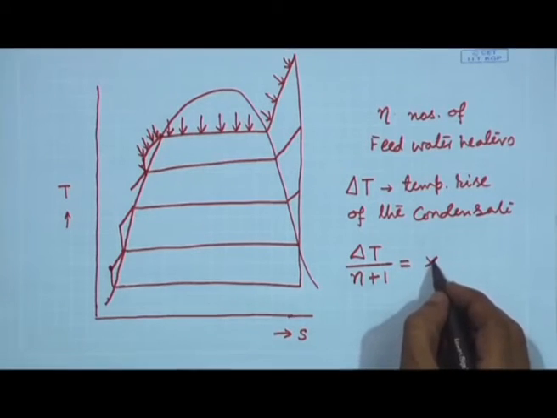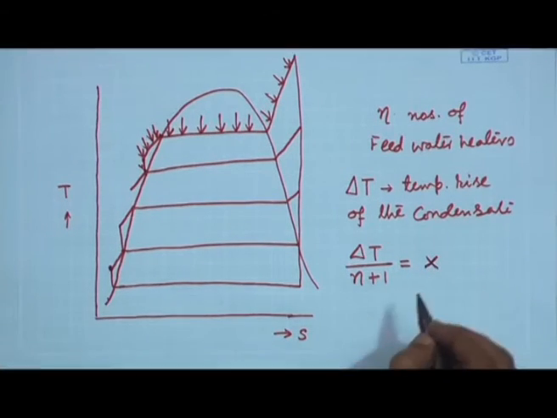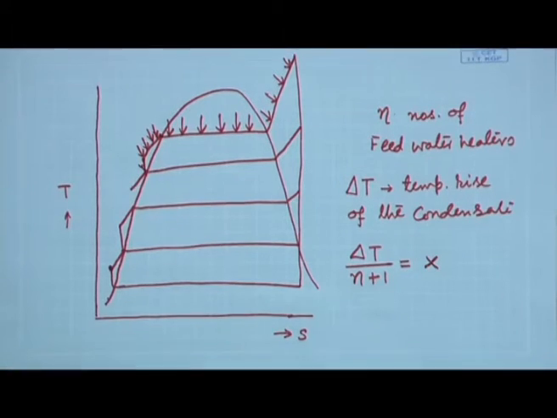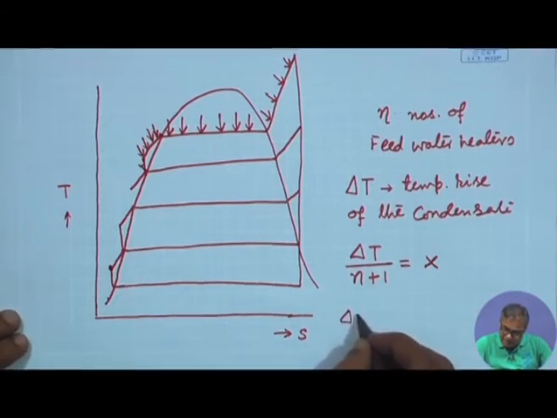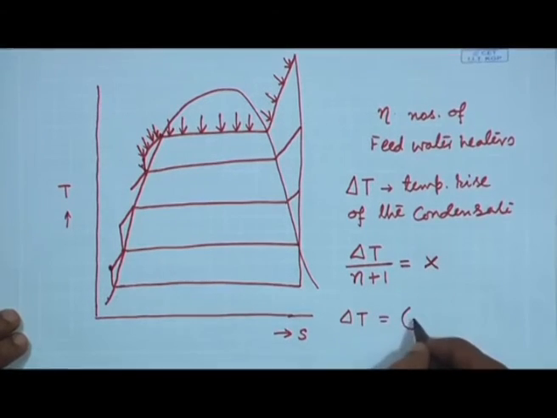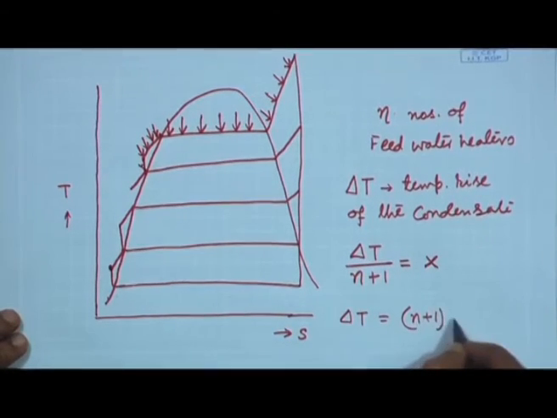So, this x amount of temperature rise should be there by each of the feed water heaters. If I raise the temperature of the condensate by an amount x in each feed water heater, where x is given by delta T divided by n plus 1, then what is happening? Delta T is equal to n plus 1 into x,